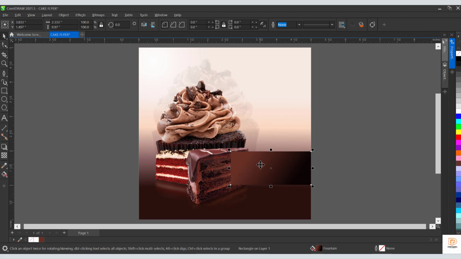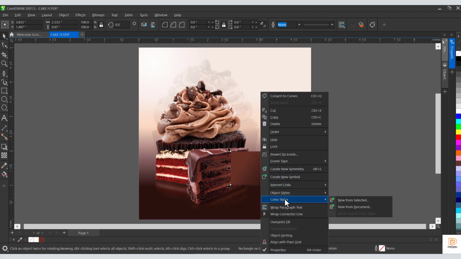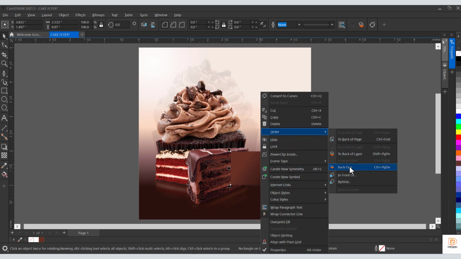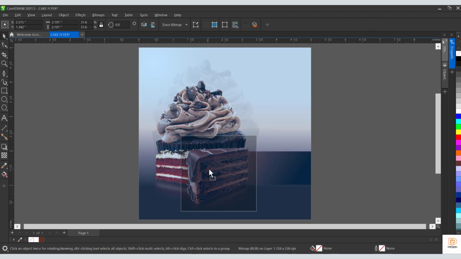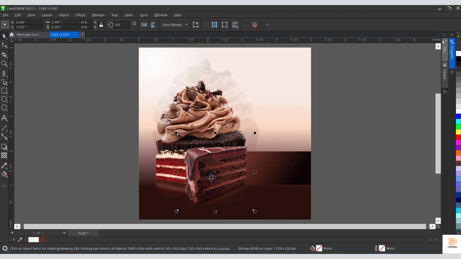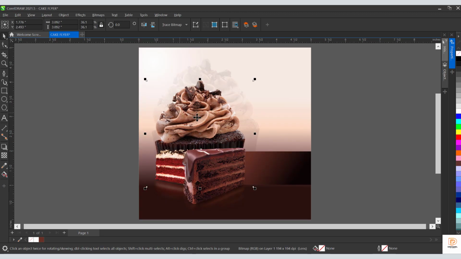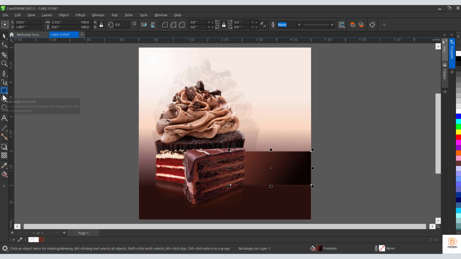So what do I do? Right click and I press order, right? This is order and I go back one. Can you see now? I've just sent this to the back of this design, right? So as it is there, the next thing I want to do is create a glassy effect on this rectangle. So what I can do is go to the ellipse tool, I'll drag and I'll just